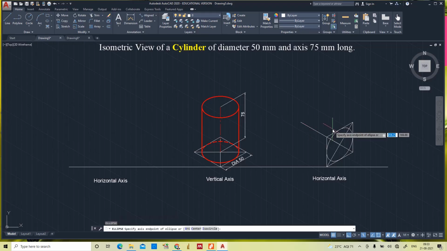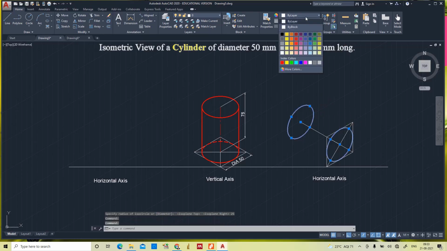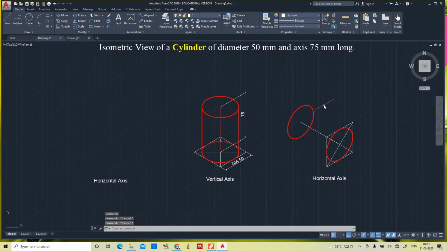Now, again the back base ellipse, isocircle, center F5, yes, 25, finished. Now, the back base is also ready, front base.